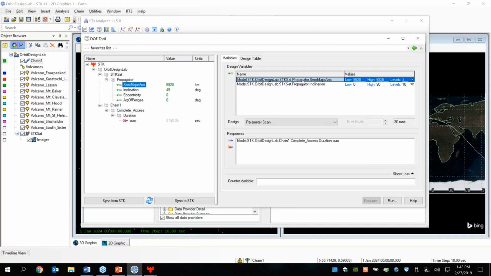I'm going to remove my semi-major axis from my design variables list now, because I'm no longer going to use it for my study. But I'm going to leave my inclination there, because I saw from my data that there was some sort of peak. I'm just not clear as to when that peak was. So in my setup, I saw that it maximized around 60 degrees. So I'm going to set my low value to, say, 55, and then my high value of 65, and